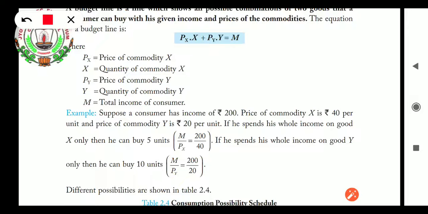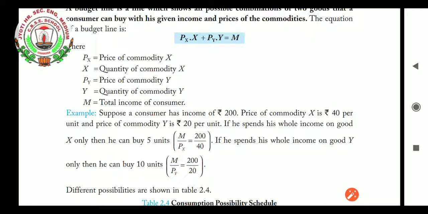that is product number 2, that can be oranges. Py is the price of good orange, and Y is the quantity of the commodity. So when we multiply Py into Y, we will get the total amount we are paying for oranges, and when we multiply Px into X, we will get the total amount spent on apples. When we add both the amounts which we had paid, we will get M, that is the total income of the consumer. That income of the consumer which he is ready to pay, which he has set as budget line.